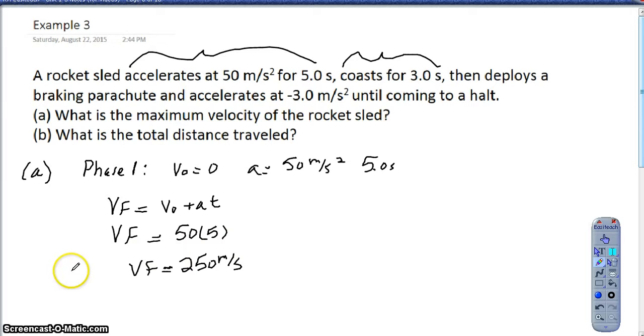Okay, so that's actually then my answer for part A. So that part hopefully was very easy. Part B, it does get a little bit trickier. It asks us what is the total distance traveled, but in order to find the total distance, right, I'm just